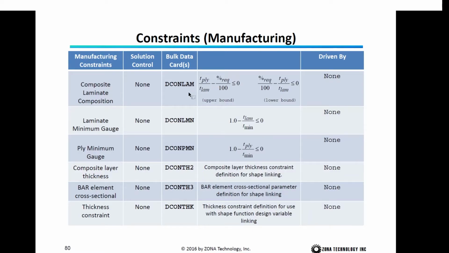The first one is called DCONLENGTH. DCONLENGTH requires the thickness of several plies in the laminate divided by the total thickness of the laminate to be greater or smaller than a certain value. The reason is that this kind of constraint is not driven by any other discipline,